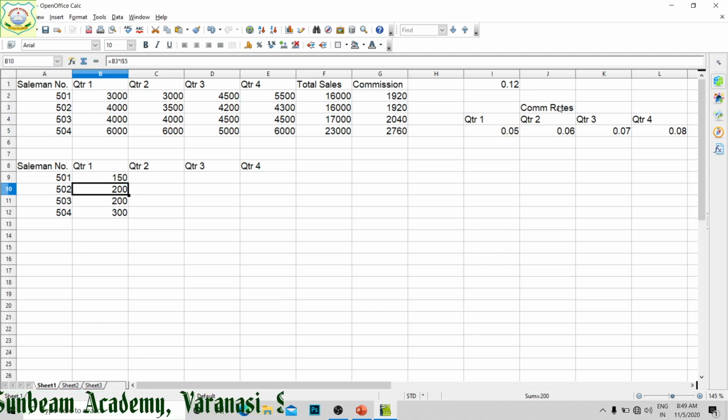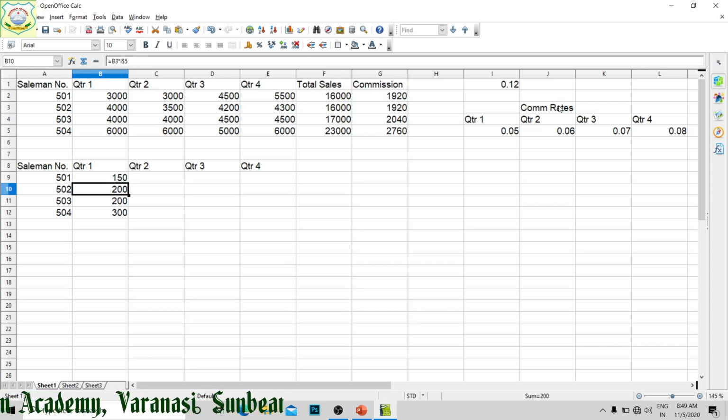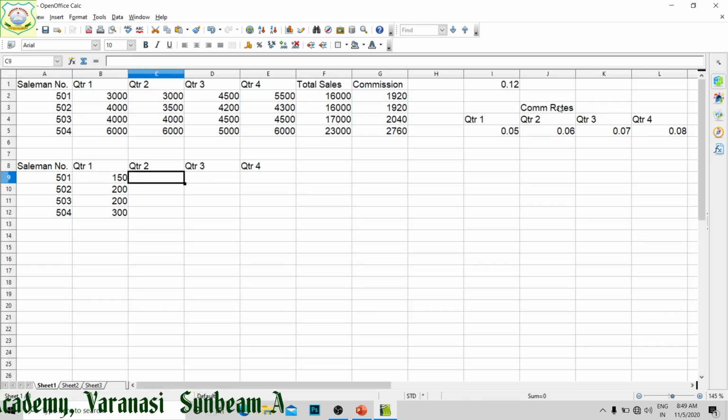Now in this quarter 2, this I am going to use. The same we can use, equal to this is C2 into this is J5.